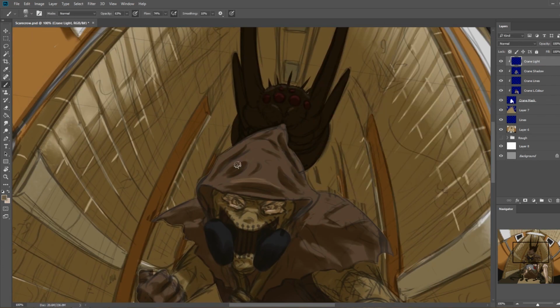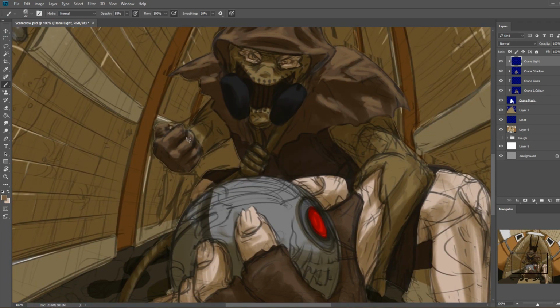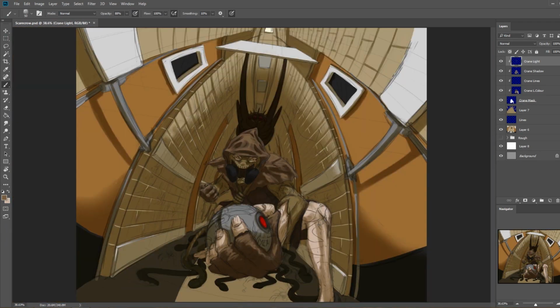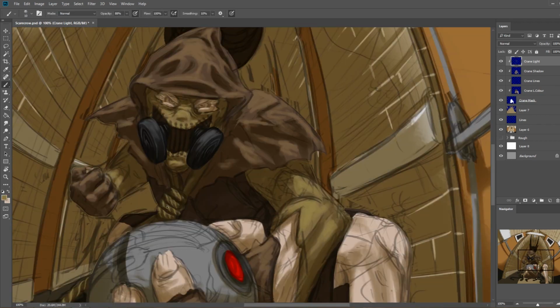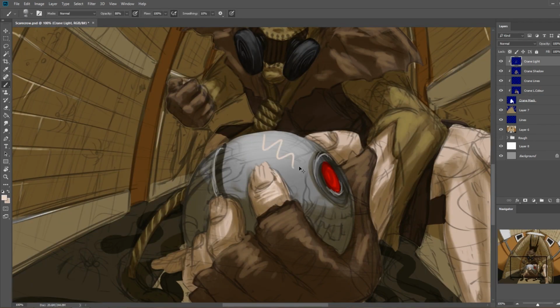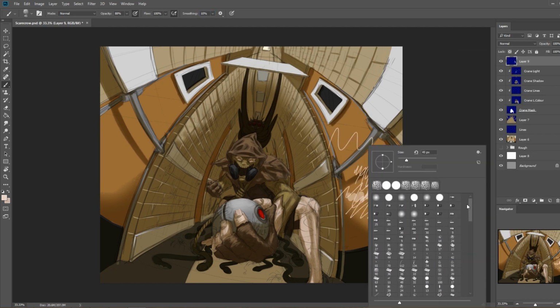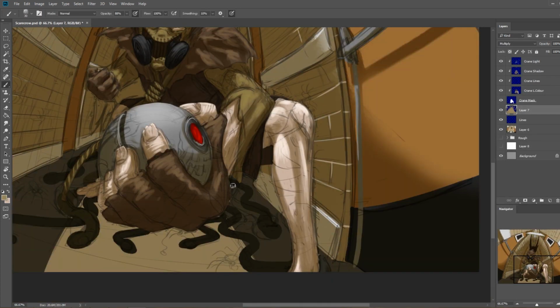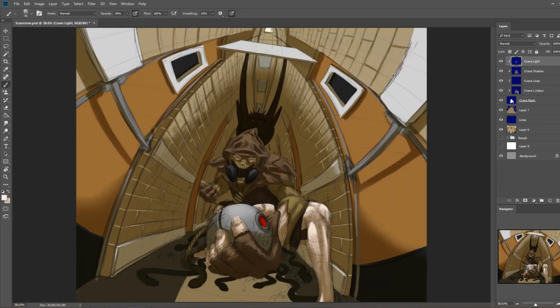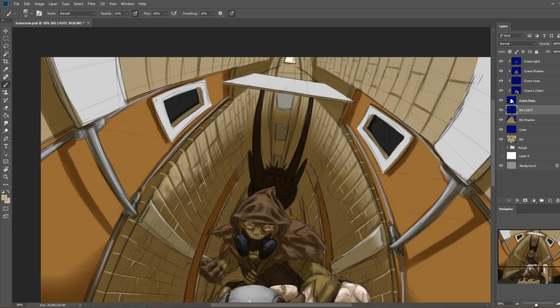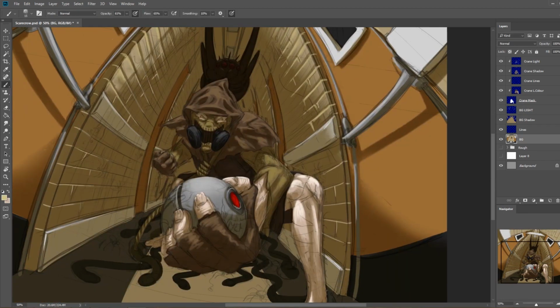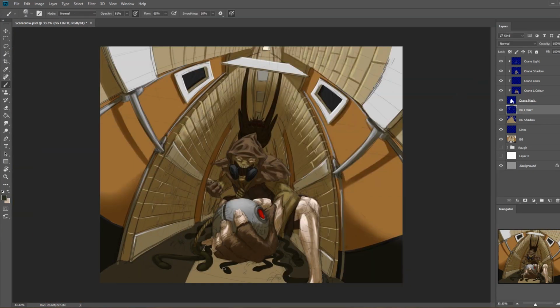Now, I had tried several different design ideas for the Scarecrow, and I actually went with a fairly simplistic version of him. You'll see that many versions of him have all sorts of pipes and syringes and gas bombs and grenades and wraps and all sorts of things all cluttering the image, but what I wanted to go for was maybe an early stage of the Scarecrow's development. So maybe he's just got his fear gas and gas mask on, and then a very simple Scarecrow costume over the top, and it actually made him feel a little bit more disturbing,